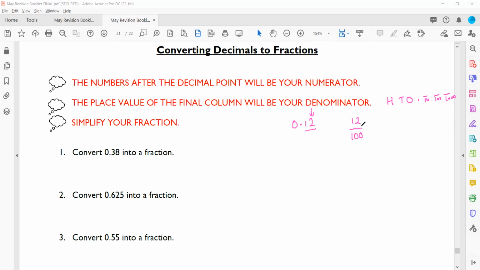Now, once we've got to here, we would then simplify. Well, 12 and 100 can both be divided by 4, and that will give us 3/25. This is the fraction in its simplest form, because 3 is a prime number and it's not a factor of 25, so we cannot reduce that any further. We'll now go and have a look at how we can convert